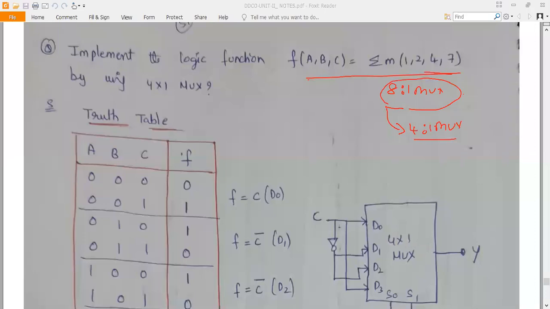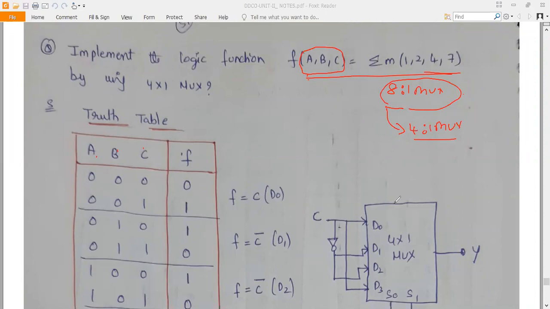So in such cases, first of all, write the truth table A, B, C, because these are the 3 selection lines. Write all the possible combinations: 0 0 0, 0 0 1, 0 1 0, 0 1 1, 1 0 0, 1 0 1, 1 1 0, and 1 1 1.